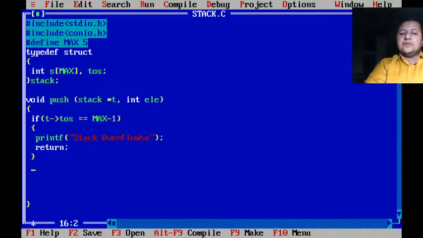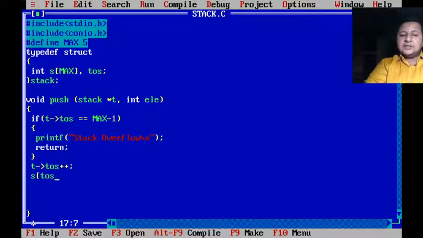Now if the stack is not full, I can very well increment toss. Remember one thing, whenever you refer to these two things, s, which is an array of the structure, and toss, you have to refer to them using t->. That's the only change you need to be careful about. So toss is incremented. Now this is actually what I want to write.